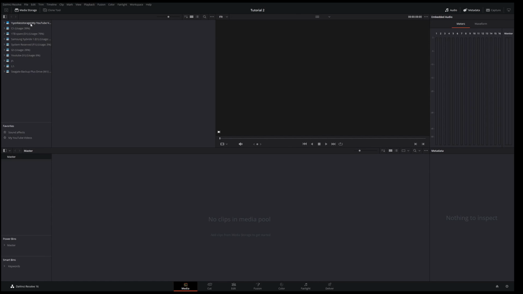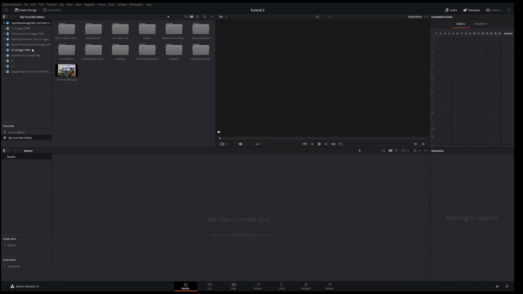But once you've done that, like I say, just close it down, and then you go up here top left hand corner, and this is my storage, my external storage. You've got all your drives basically up here. Like I said, I'm not going to teach you everything, I'm just going to teach you some basics, just enough to get you going. So click on that, and we're using the editing folder, this baby here,